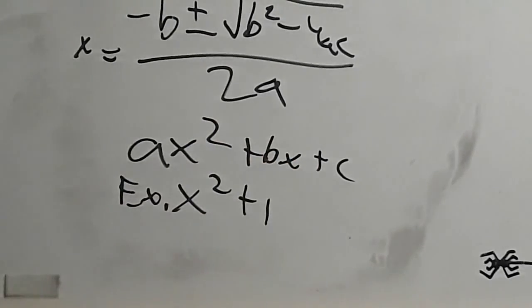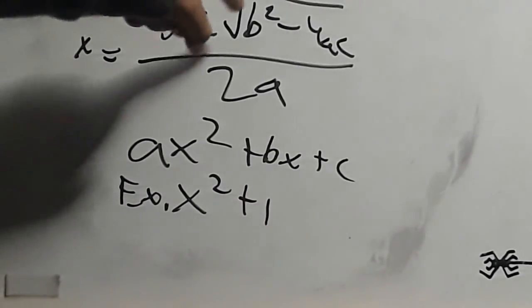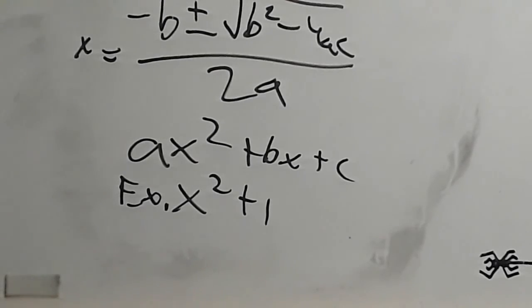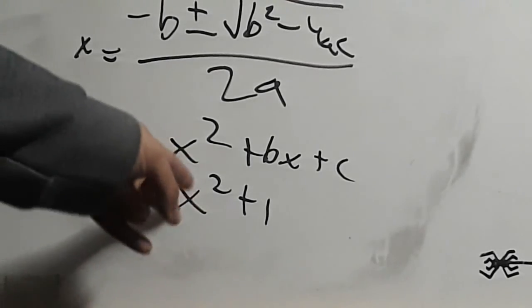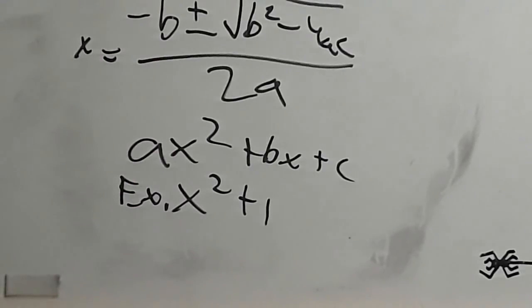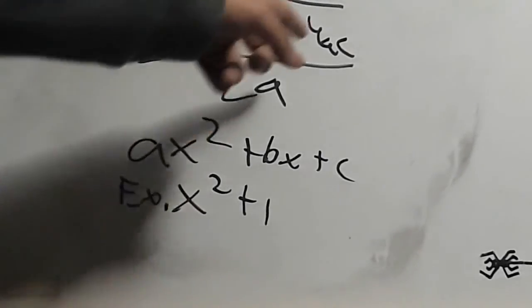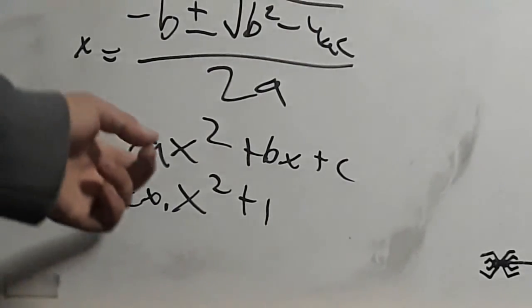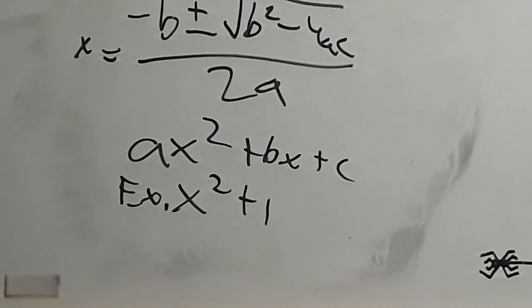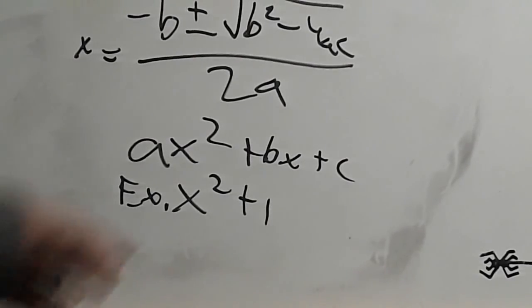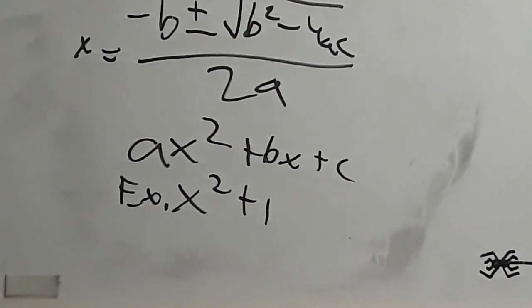Okay, so our b doesn't exist here. So we'd plug in 0, 0. So now we plug in our corresponding numbers. So 1 goes into the a, because, well, it's an invisible 1. That's why I was talking about how it's transcendental. And there's a 1 for the c. So now it's plus or minus the square root